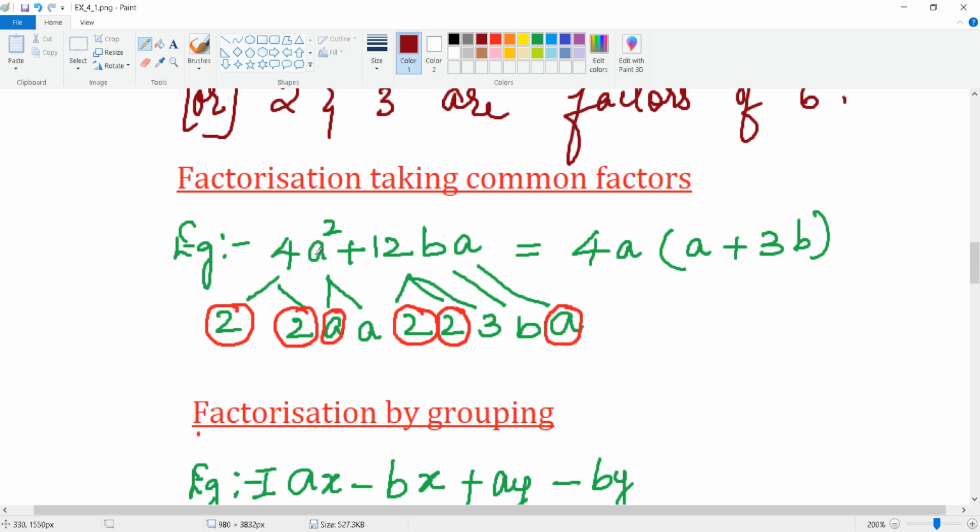And a could be written as a squared, or you can even write it as, I'll write it over here with a different pen color. So you can even take it as 4 and a over here, right? These are the terms. In the 12ba, you have 4 and 3, right? Since you have 4 in both the cases, so I can keep it as 4 as it is, okay? So, and you have a b and a.